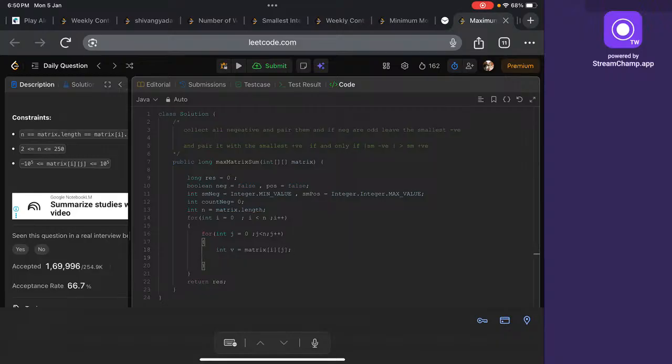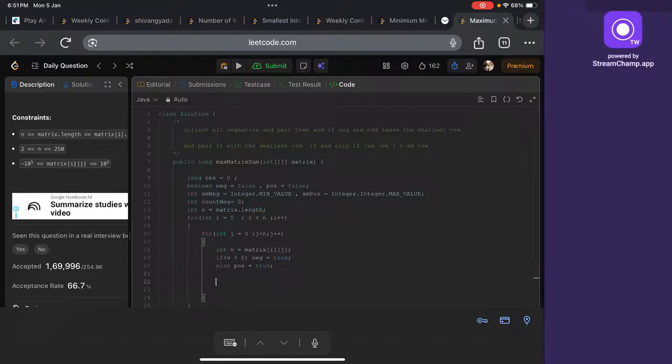If it's negative, if v is less than 0, then we will make it positive. If less than 0, we're making negative true, else positive to be true. So either it's negative or it's positive,